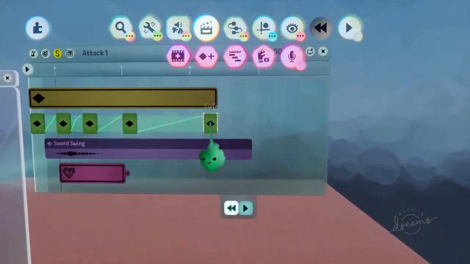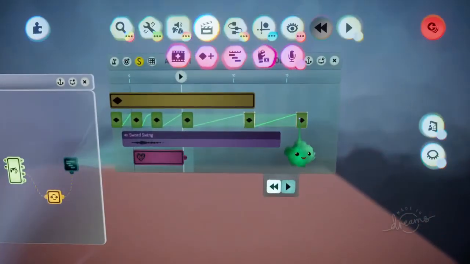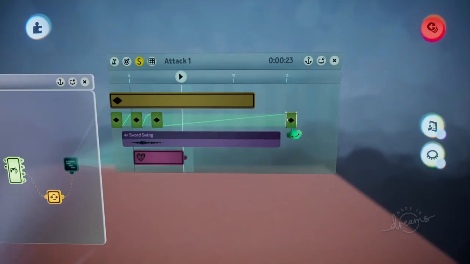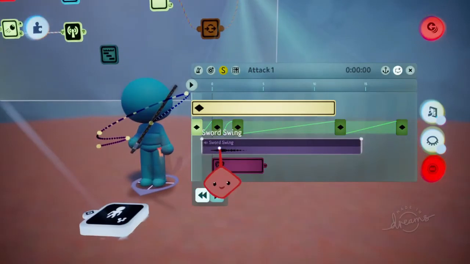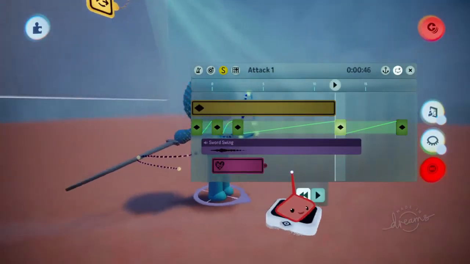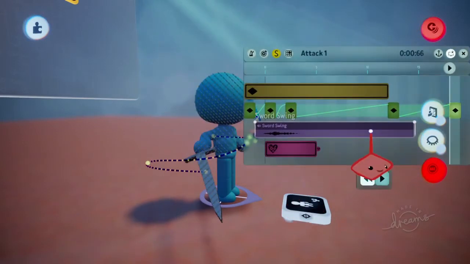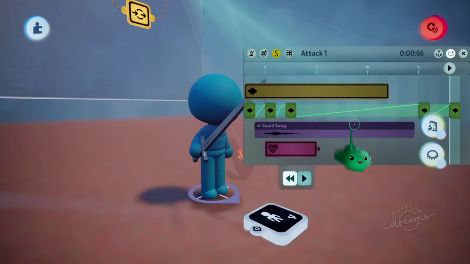Yeah, so you might have, let's say we had more of a follow through. Oh, it already did that. Let's just drag that out. So if we look at the animation we have already, it goes across and then back, and then it kind of starts coming forward again. So I've moved this so that it has a longer swing like